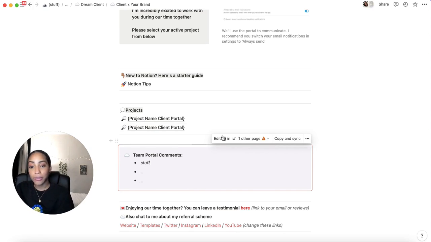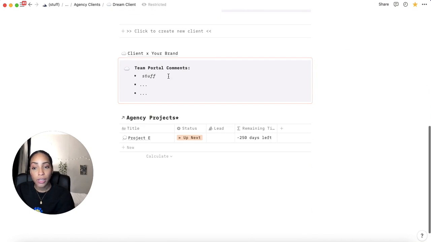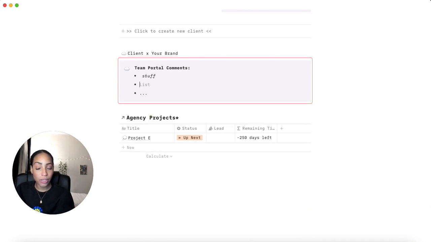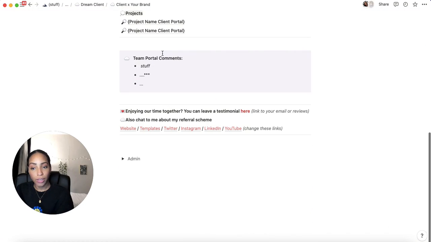And now if you go back, this is the external view that your team would see. But if you go back to your internal client homepage, the comments will be here, and anyone who has edit access to this page will be able to edit it, and then it will get relayed onto the client page,